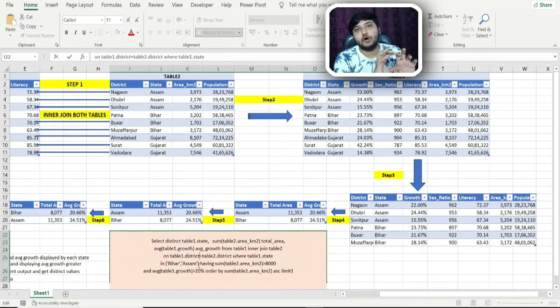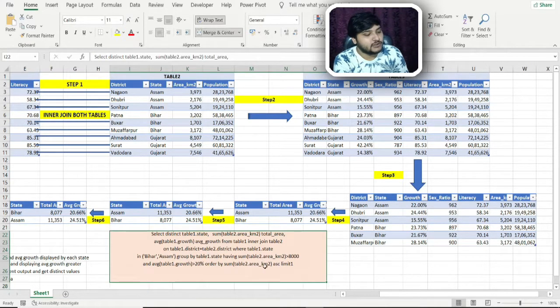You can just see the from and the join have taken place. After this the where clause takes place, and after this the group by function would take place. So the group by function would come after the where clause. Here I need to write group by on the basis of what? I just need to provide the table name and the column on which I need to group it. You can see I provided group by table 1 dot state. After this the data set would be grouped. So this is step 4 which takes place.